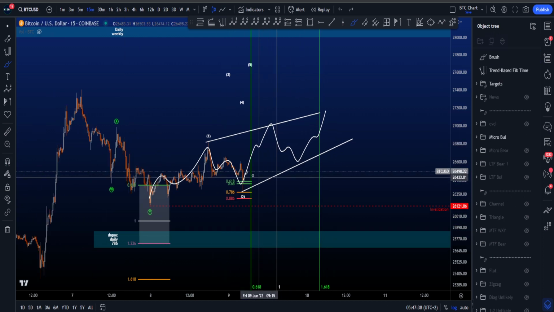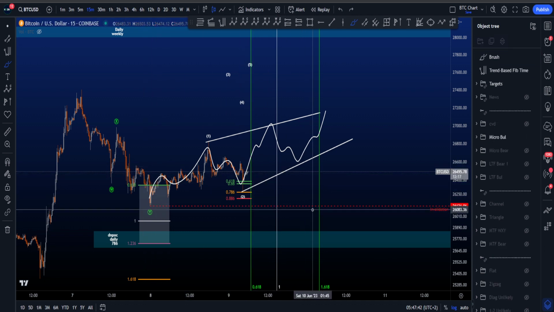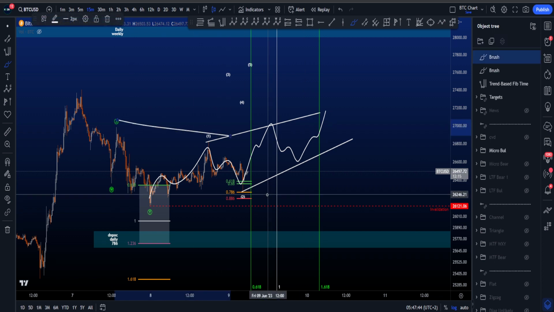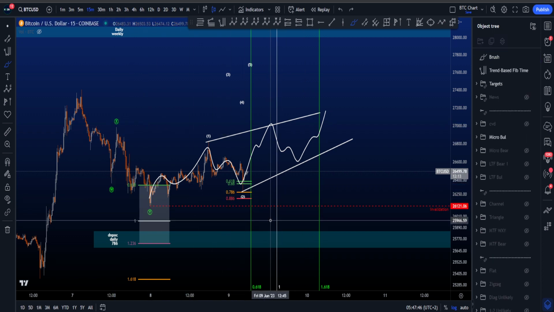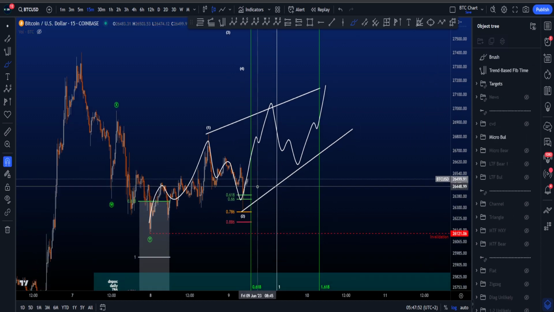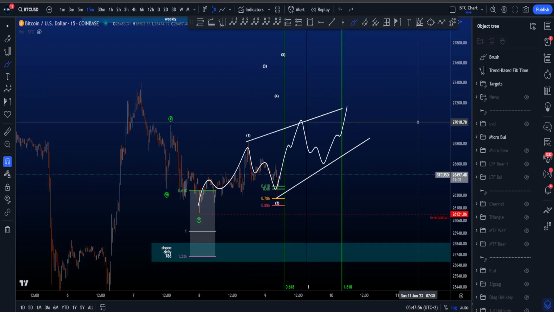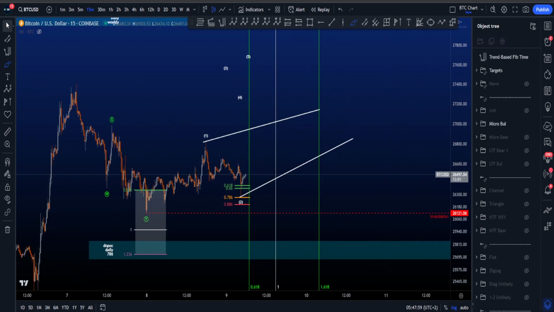Of course, we have to wait and see what price is going to do, because we do have some bullish divergences going on, as well as bearish, by the way, over here. But we do have some bullish divergences, which are preferred over the bearish ones at the moment. So we have to wait and see how price is going to react from bouncing over here right on top of the golden pocket, which is a common target for a wave 2 in a leading diagonal scenario,